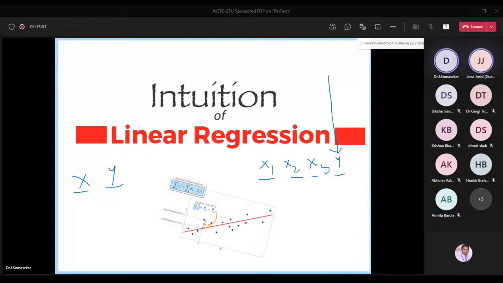Is it clear, madam? My dependent variable is one, and I have three independent variables, but the variable value is supposed to be changed. Let's say the return on the market, the Sensex. The second time I am taking the square of the Sensex, and the third time I am taking the absolute of the same. No, here these variables must be independent. For example, if we take 5, here we take 25. Is this what you are asking?